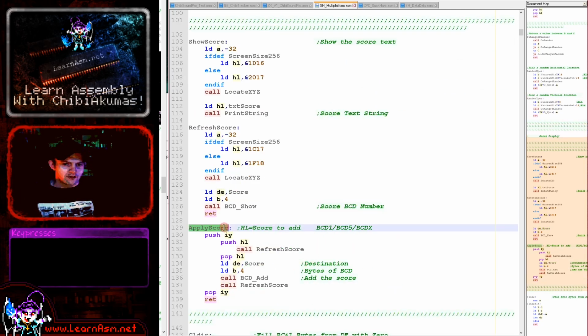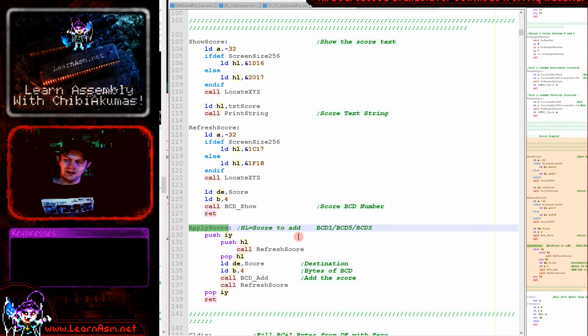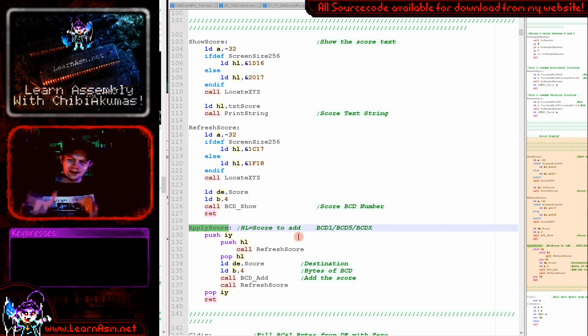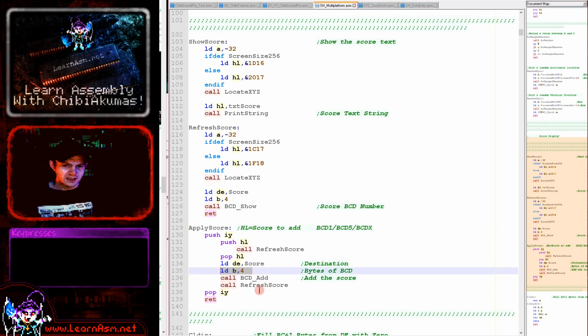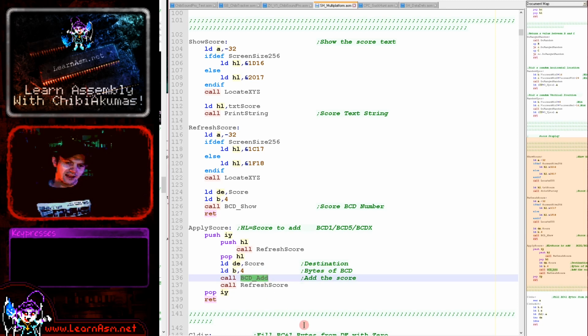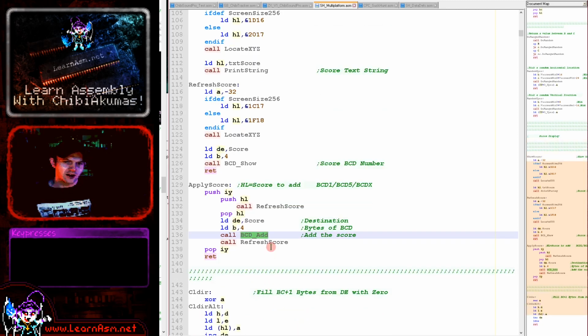We've also got an apply score. This adds a score value to the current player score. This is for when the player has collected a power up or killed an enemy. We add some points. This basically uses a definition of the score. So if you wanted to add 5 points, for example, we need a 4-byte value which represents 5, and then we add that to our score value, which is also 4 bytes. That's why we've got our byte definition here, and BCD add will do that. Again, the exact same function as last time, but we've got this refresh score here, which jumps back up here